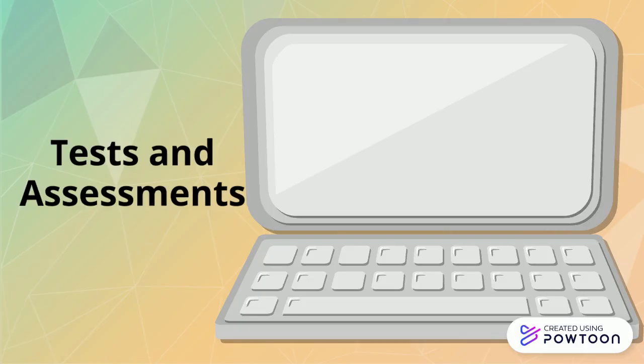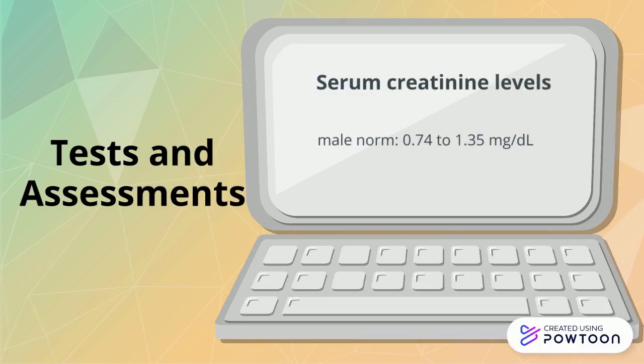The diagnosis of hypertension is not based on a single elevated reading, but on several elevated readings over several weeks. The first test is routine urinalysis, which is used to screen for renal impairment and to provide baseline information about the kidney's function. The second one is serum creatinine levels, which serves the same purpose. Anything higher than the normal range can indicate that the kidneys are not functioning properly.